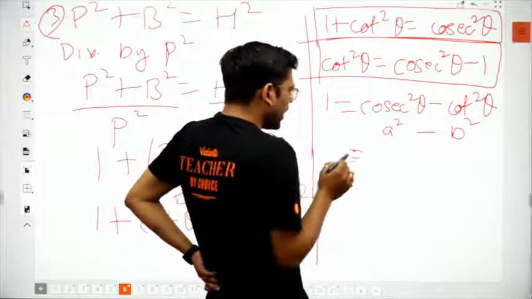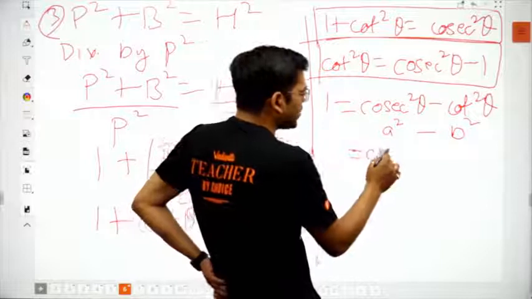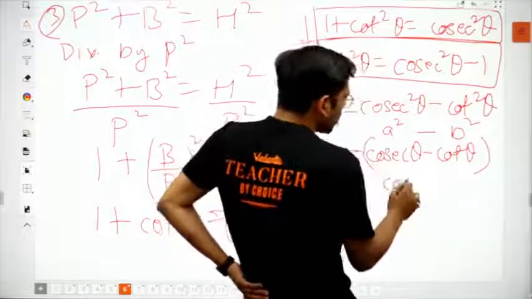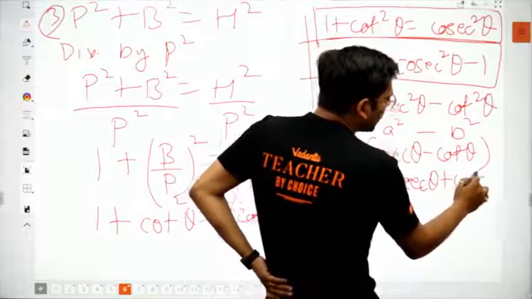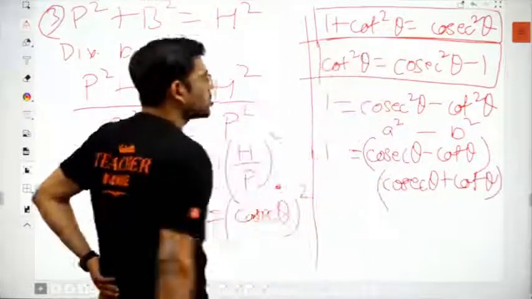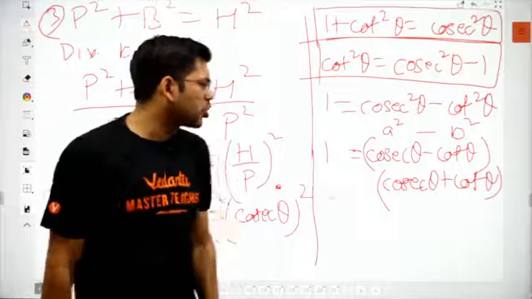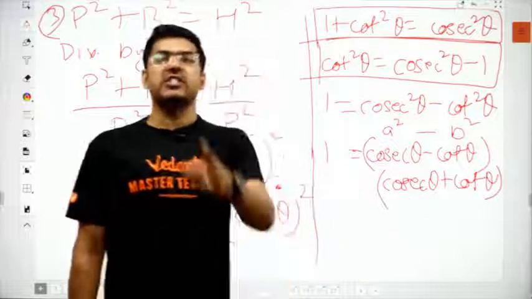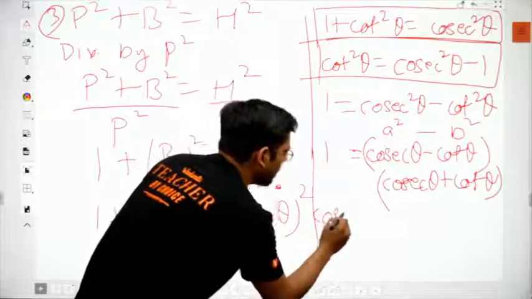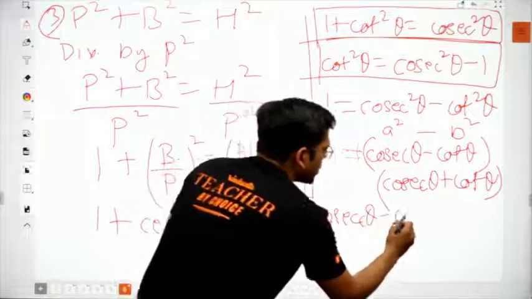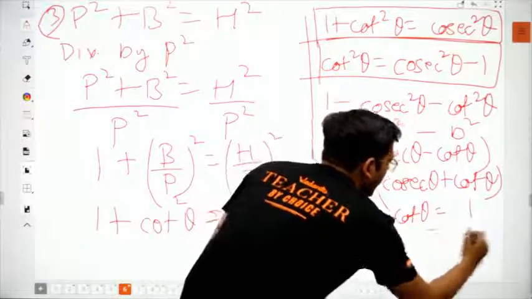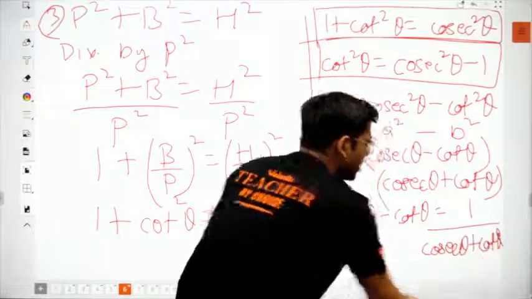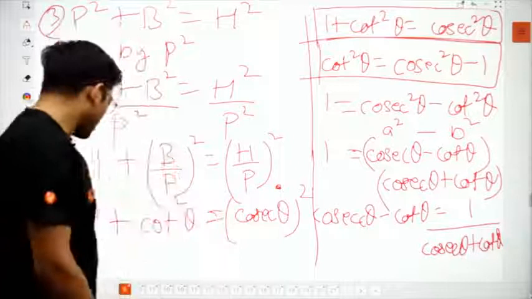बताओ भाई. A square minus b square, you can write it cosec theta minus cot theta into cosec theta plus cot theta. You can write it like this, is equal to 1. Again I won't write, but you understood that these two multiplications is equal to 1. Means these two brackets are reciprocal of each other. I'll write just the last part. Cosec theta minus cot theta is equal to 1 divided by cosec theta plus cot theta. Isn't it great? ऐसा हो गया भाई. You got it very correctly.